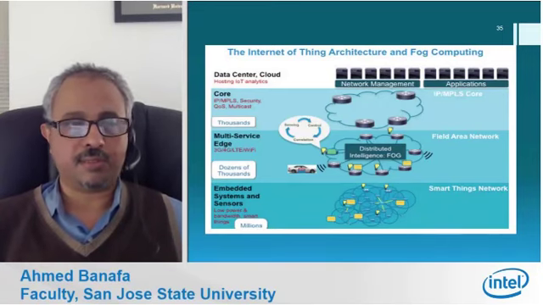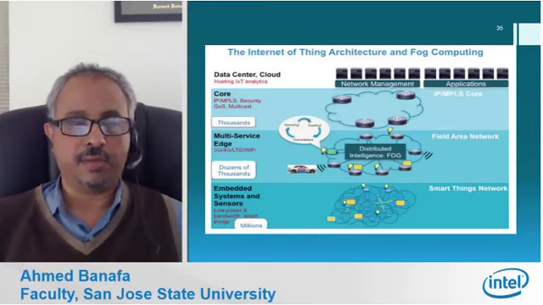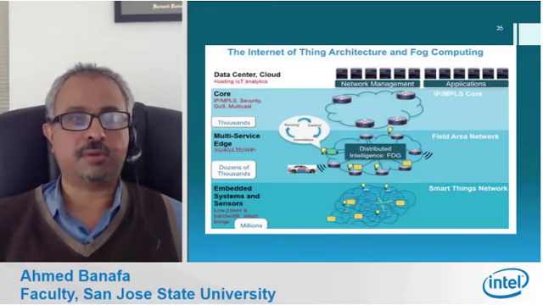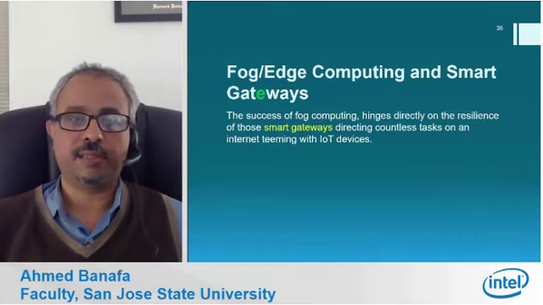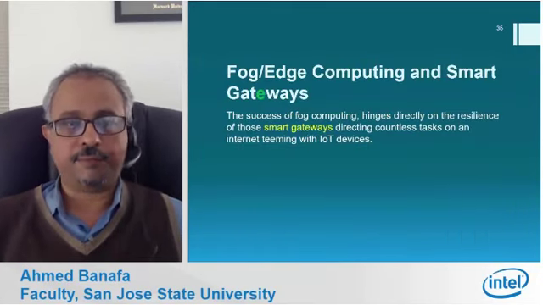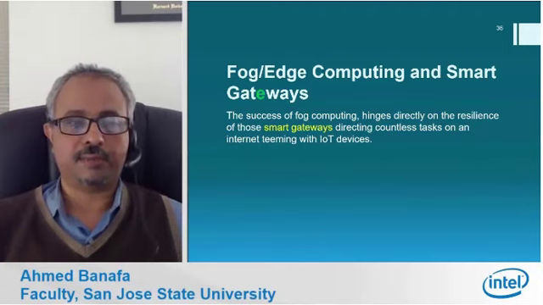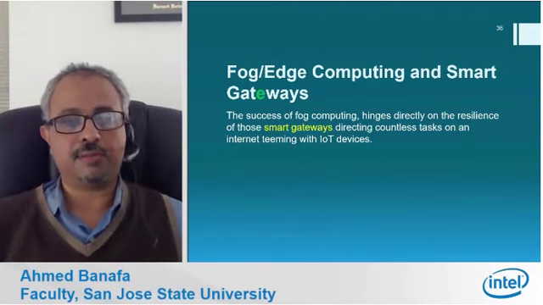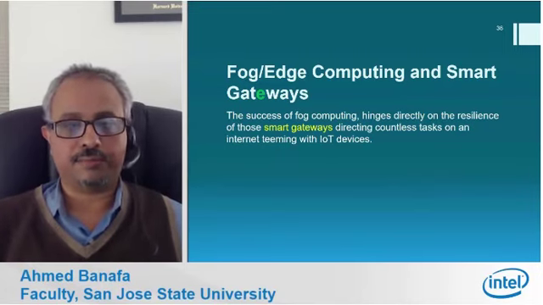I'm not going to spend too much time because this is specific to Cisco, but it gives you an idea about how it works, from embedded systems and sensors to edge and multi-service edge computing, to the core and the data center, with all the protocols needed for such movement. So the fog and the edge computing and smart gateways, this is where the money is. The success of fog computing hangs directly on the reliance of smart gateways directing countless tasks on the internet